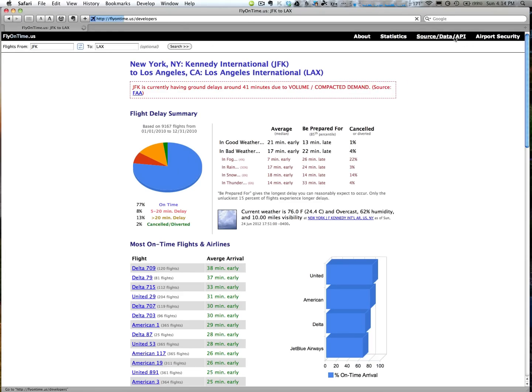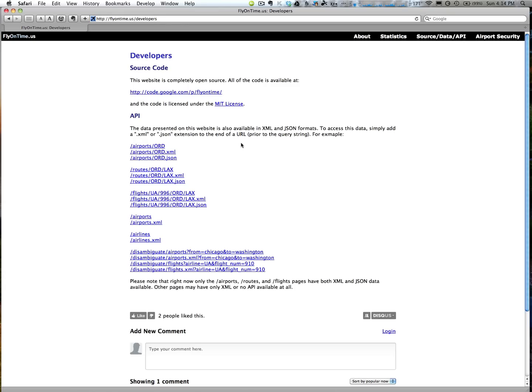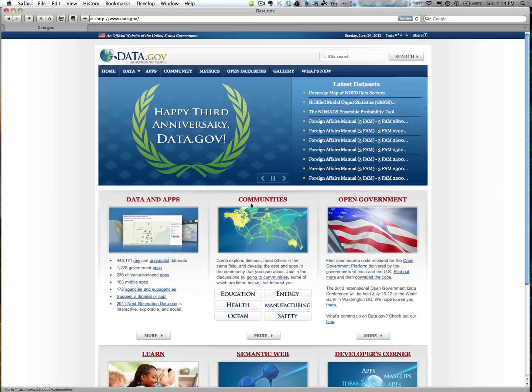The point here is that these web services allow different users to create different applications. I can go in here and use this information and even create an app on an iPhone, for example, if I wanted to pull data from this, as one example. Obviously this is about flights, but what I'm suggesting also is that this also works for BIM on government sites as well. So on data.gov, if I go to data, raw data,